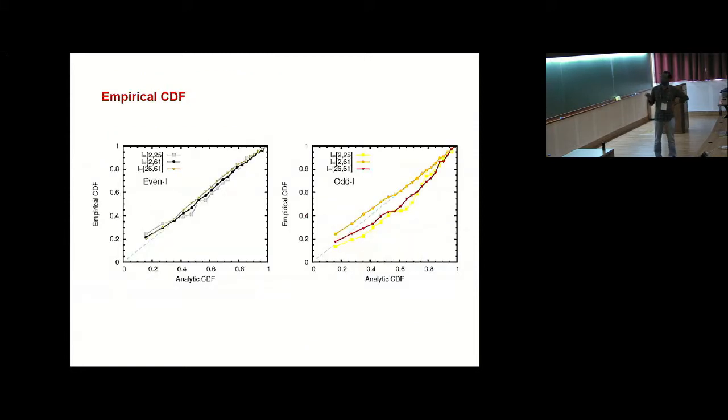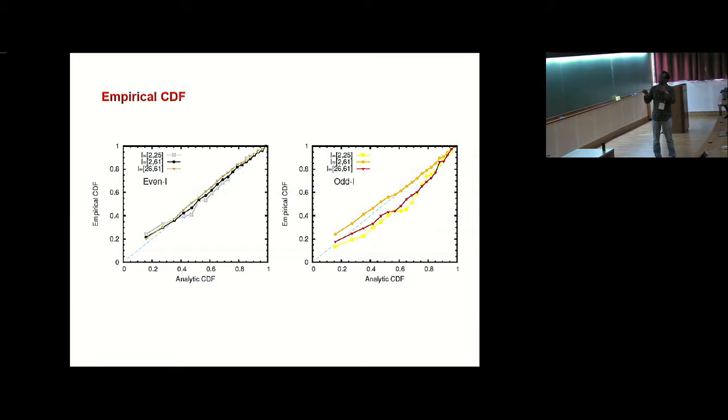This is the cumulative distribution function given by the square root of x. So this is the analytic value, the theoretical value, for whatever values you get from the data, and these are the values seen in the data. You can see that for the multipole range, this red curve corresponds to 26 to 61, which we found in the L-min case, and this is the bin between 2 and 25 that we found for the L-max case. So they both are